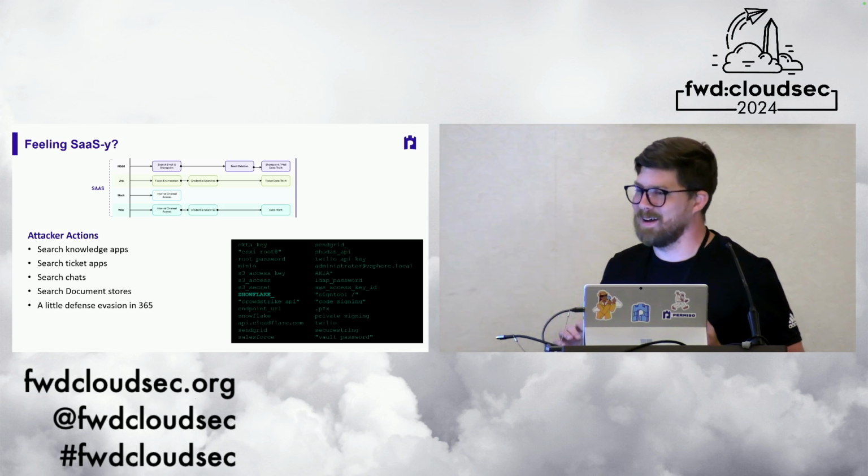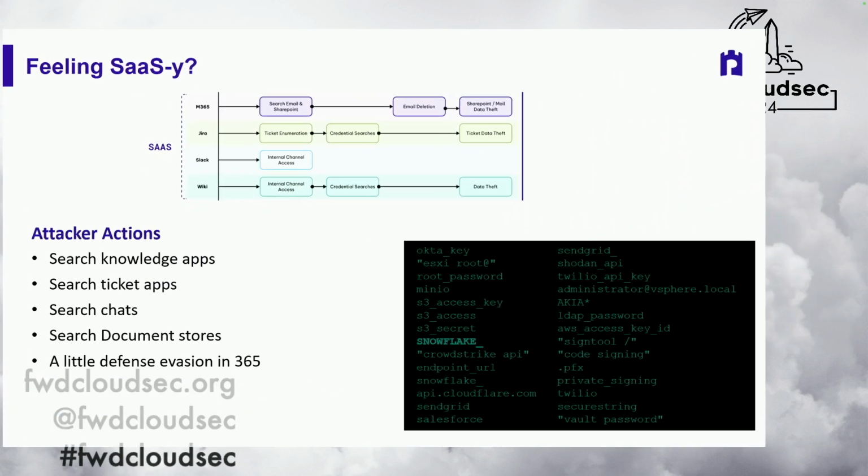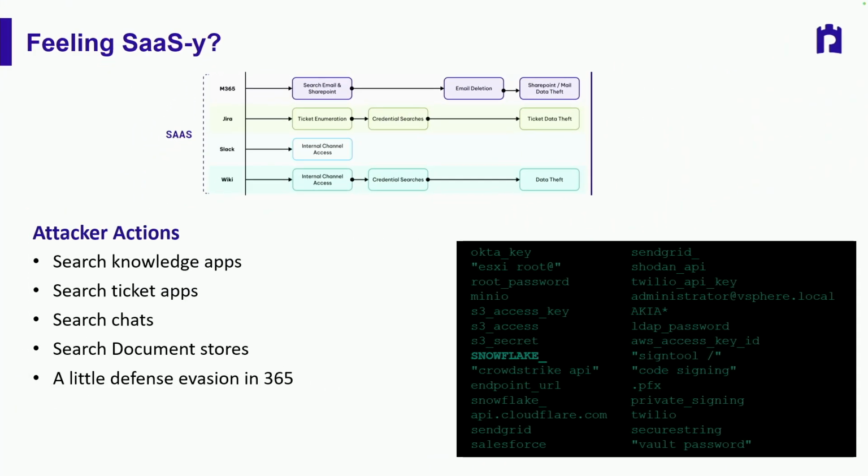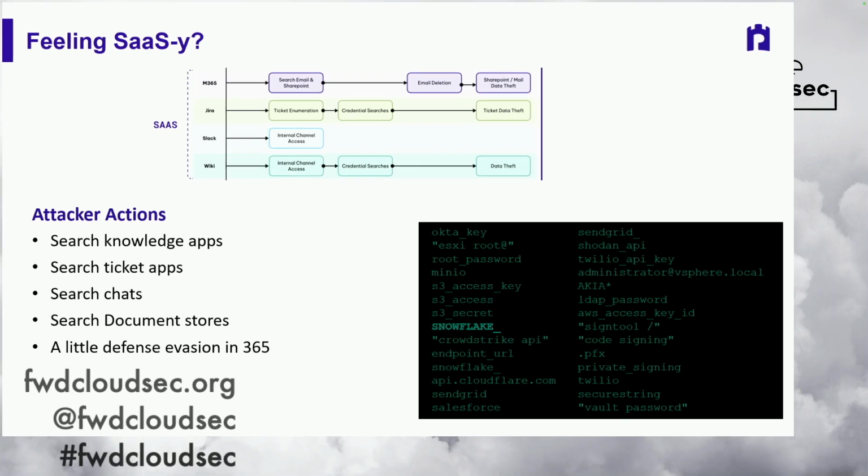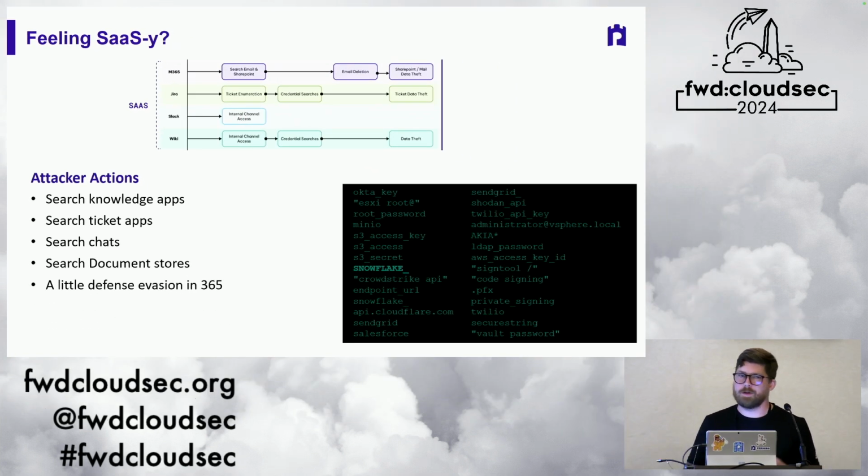Let's talk about SaaS for a little while. I think, to me, the most underrepresented area for detection out there right now is the SaaS environments and just the search queries that people are performing. No one's looking at them. I don't know why. They show intent like no other artifact actually does.